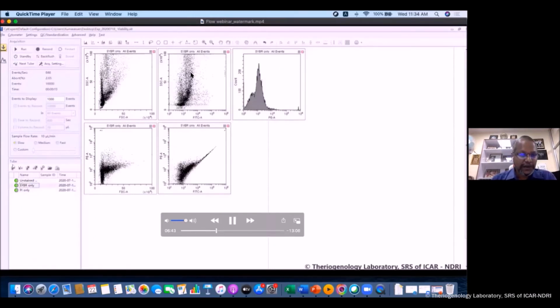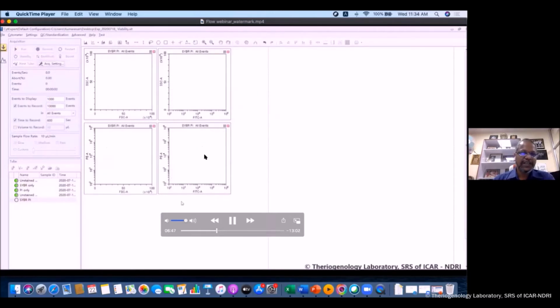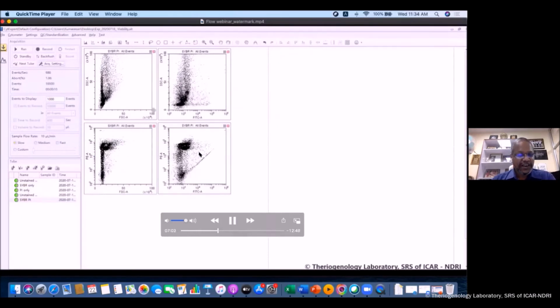So now when we combine the cyber PA, where cyber is not added in enough quantity and not incubated properly, you see how it is going to reflect in the data. This is cyber PA. So I expect 3 or 4 populations here, if I consider the debris. But now how has it come? See, there are no fluorescent cells in the cyber channel, the FITC channel. So this result cannot be.